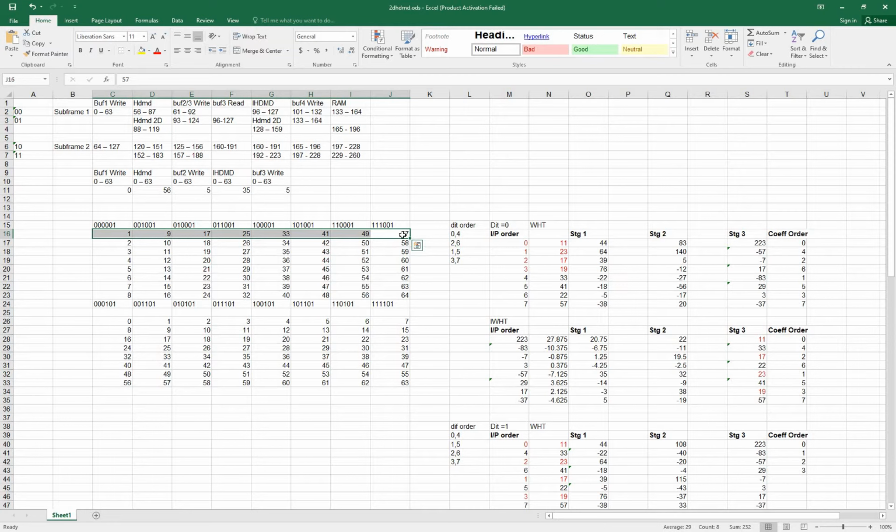If we need the 57th input, we need it after the 57th clock cycle. So 0 to 56 is the 57th clock. At 56 we can read the inputs 1 and 33. At the second 57th clock cycle, we'll read the inputs 1 and 41. At that time the 57th and 58th inputs are already written into the buffer. So at the 56th clock cycle we have to start the 1D Hadamard transform operation.